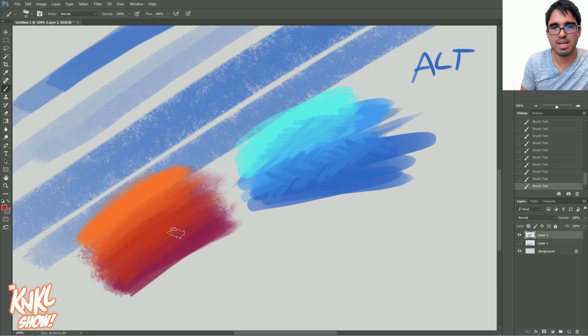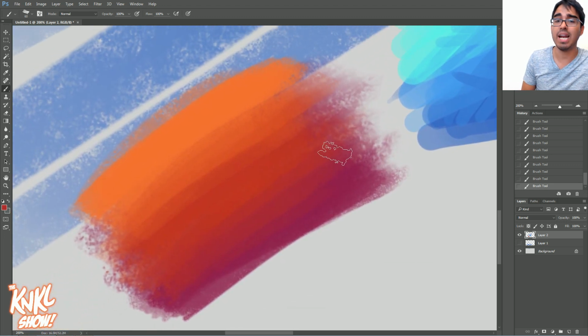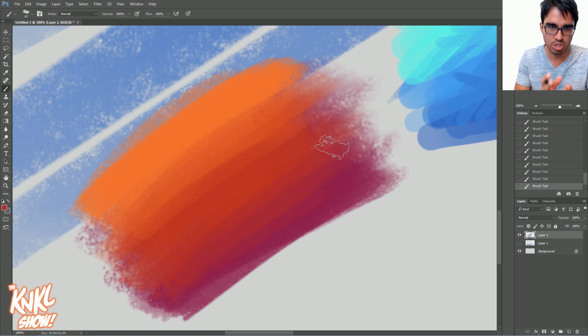And look at that. See how that's much more interesting? It's a much more interesting blend. And then, if you want to take it another step further, this is step 2 in blending. And I highly recommend that you guys get started with this, because what this is going to begin doing is